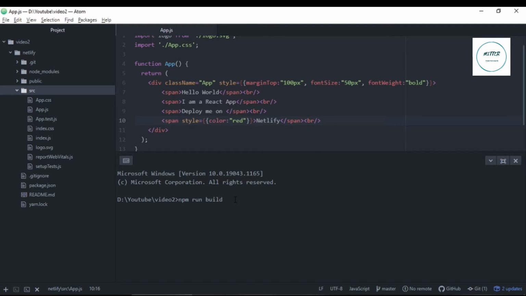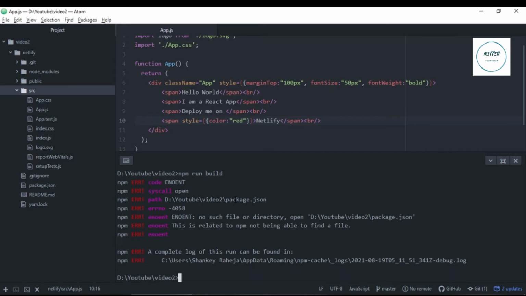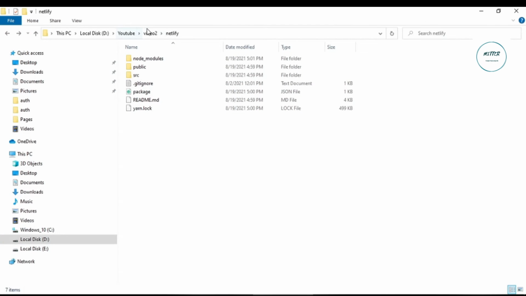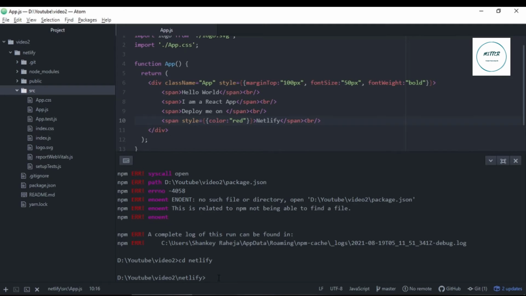So let me run this command. Okay, first of all it's showing me some error. I need to go to the correct directory, because my application is placed in a folder called Netlify. So I'll go to that directory and then run this command again, npm run build.